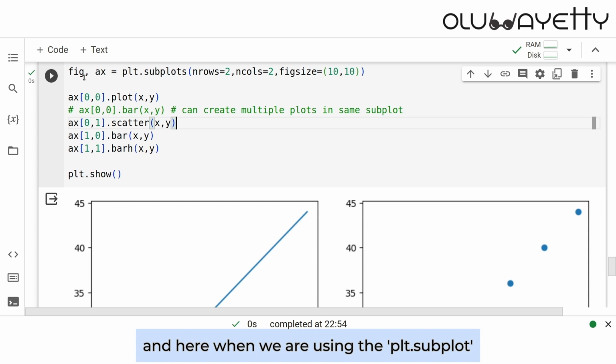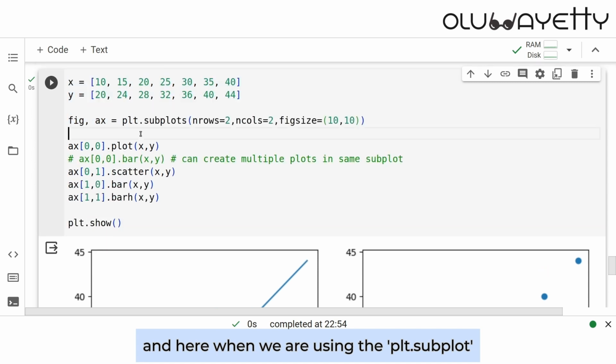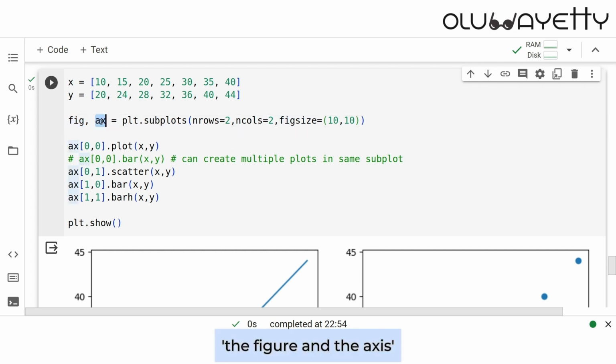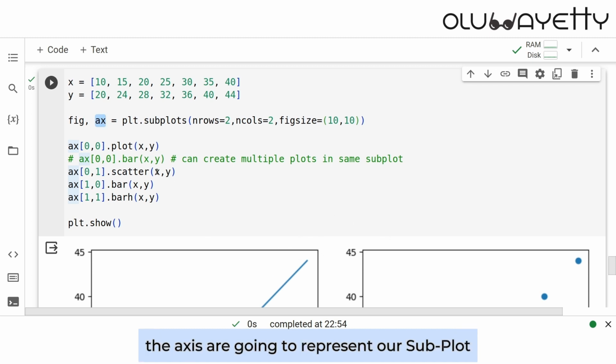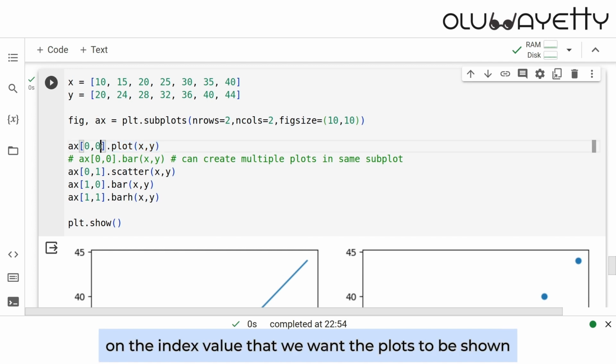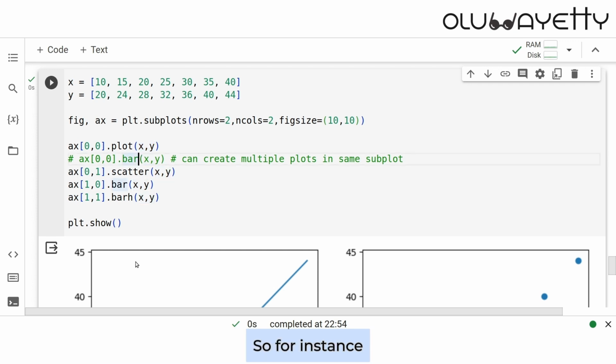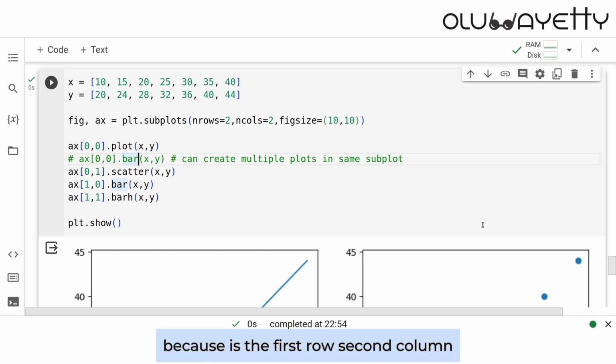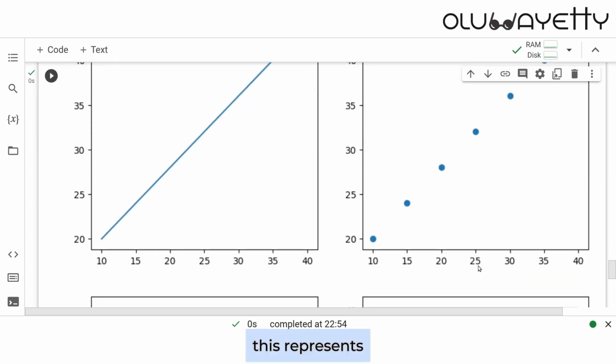And here, when we are using plt.subplots, the result has to be assigned to two variables, the figure and the axes. What we are plotting here are the axes. The axes are going to represent our subplots. And we plot the values by using the .plot function on the index value where we want the plots to be shown. So for instance, this represents 0, 0. This represents 0, 1, because it's the first row, second column. This represents